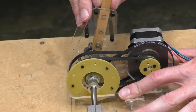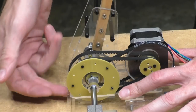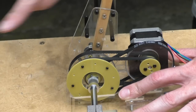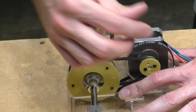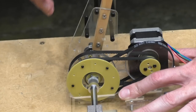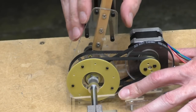Unfortunately, it's not very rigid in this last little bit here. When it's back that way, the tension is on the bottom edge of the belt, and when the weight goes forward over this top point, the tension comes on this point of the belt. So it's probably not very even in its movement across this top point where the weight crosses from this side to that side. And here I can actually move it a little bit too,